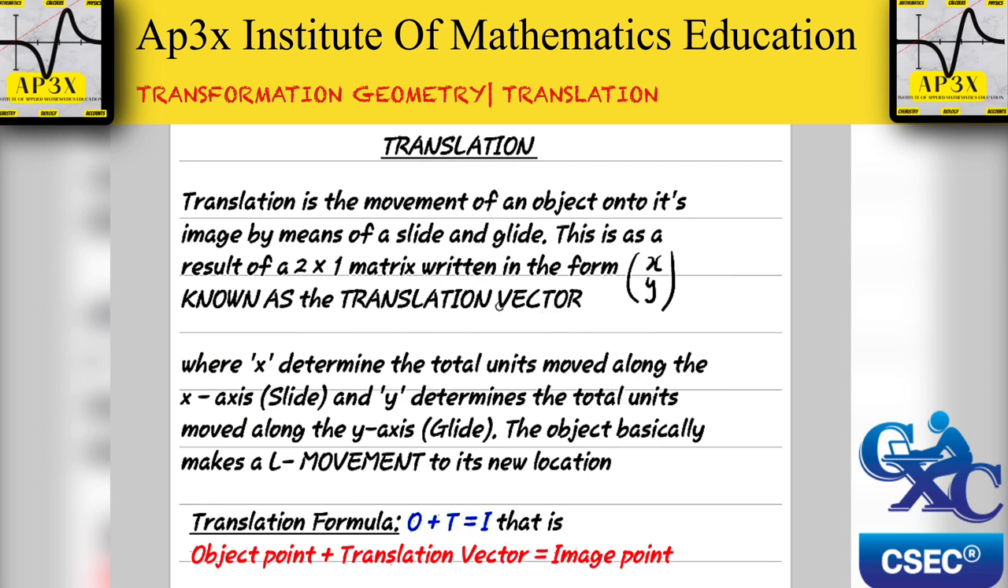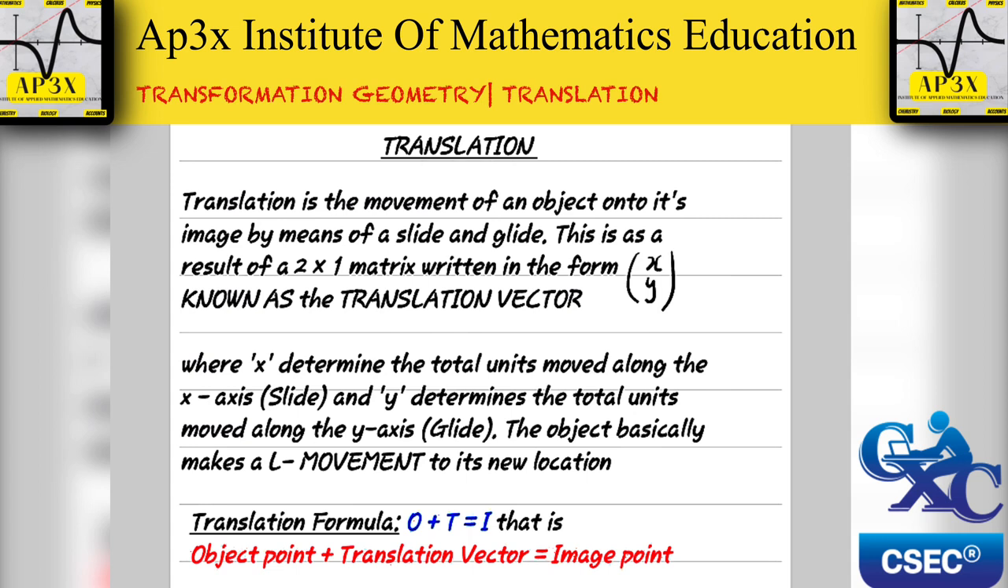So each of the points will be moved by whatever the value of x represents here, left or right, and then the value of y will tell us whether we go up or down. The y, as I said here, tells us the gliding movement, the amount of units moved along the y-axis. So the object is basically going to be making some sort of L movement to its new location, or we could simply say each of the vertices on the shape will be moving in an L